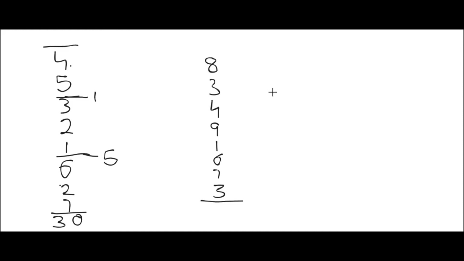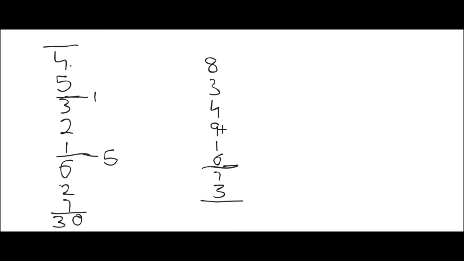See how simple? Okay. Next we'll go with another example. First we'll add 3 plus 7, that equals 10. So what do we need to do? We need to mark here because we got the value 10 and we don't have anything more than 10 here. So we need to write 0. So that 0 should be added to the next number. 6 plus 0, obviously 6. So 6 plus 1, 7, and 7 plus 9, that equals 16.